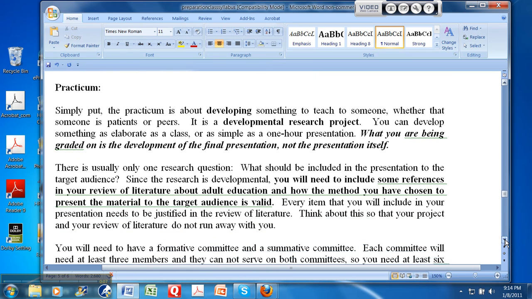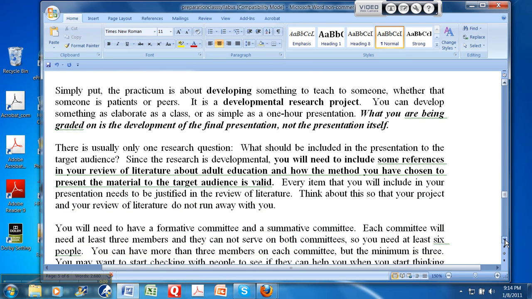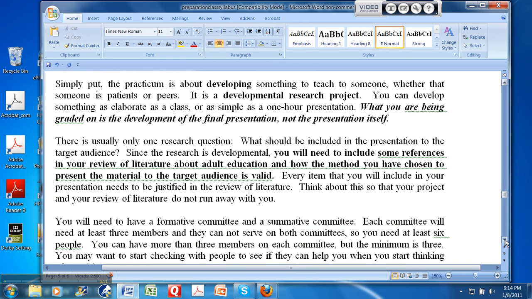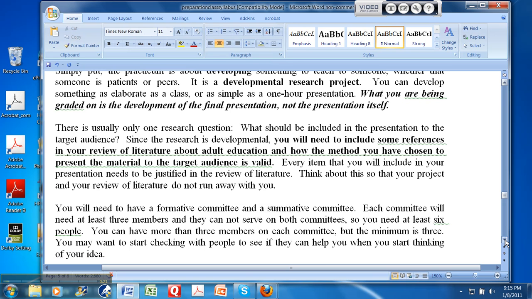Simply put, a practicum is about developing something to teach to someone, and the someone can be patients or peers. This is a developmental research project, and you can develop something as elaborate as a class or as simple as a 1-hour presentation. What you're being graded on is the development of the final presentation and not on the presentation